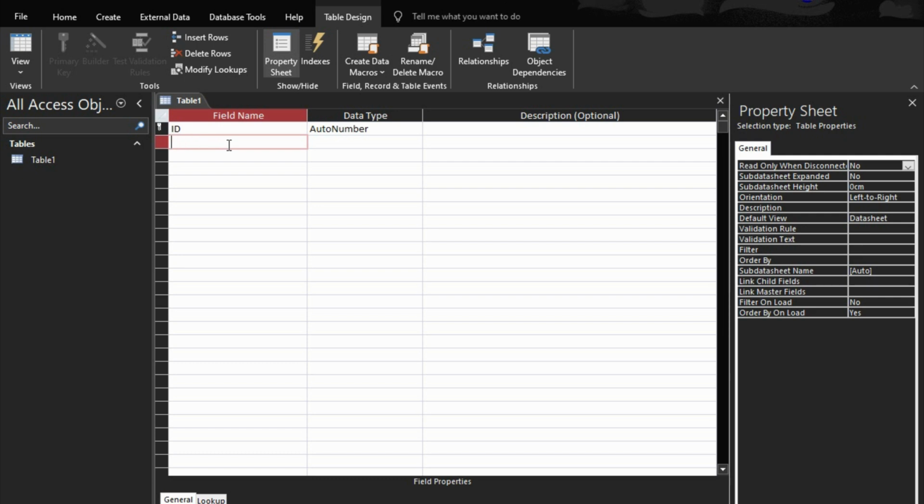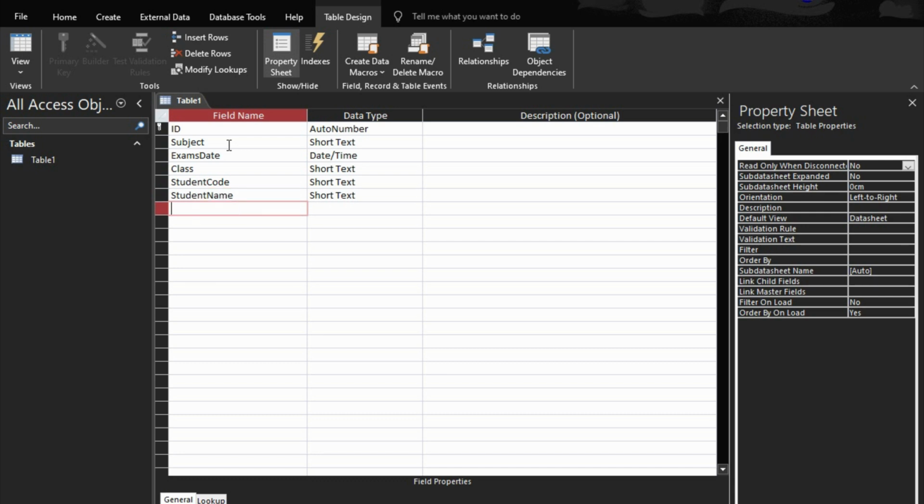But let's add subject first. Which subject are they writing on? Then the next one is going to be exams date. Exams date, that one is going to be date and time. So the next one is going to be class. The next one too is going to be student code, because for the students there should be a code to differentiate them. Then the next one is going to be student name,